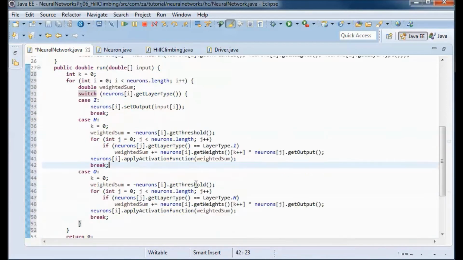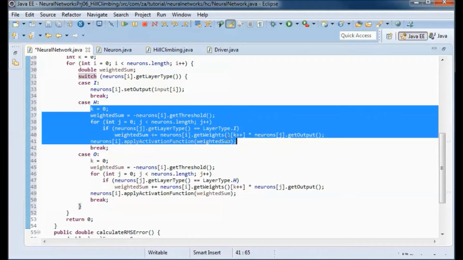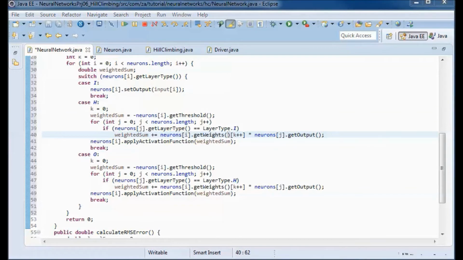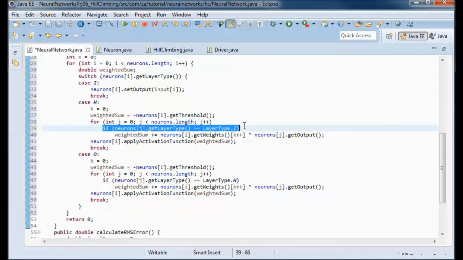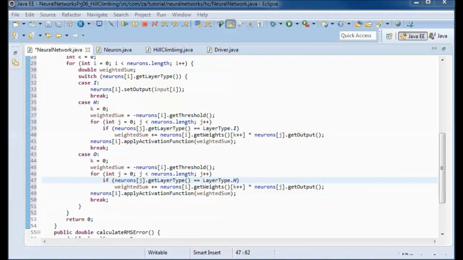neuron is the output neuron, we do the same as we did here, except instead of going through all the neurons and checking which ones are input neurons, we go through all the neurons and check which ones are neurons that are in the hidden layer, and we pick up the output of those neurons and multiply it by the weight of the neuron that is in the output layer, and then we end up with a weighted sum, and we pass it to the apply activation function.